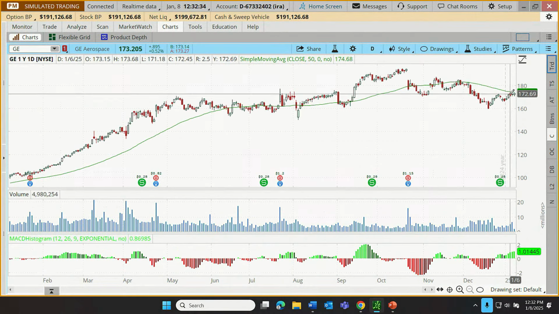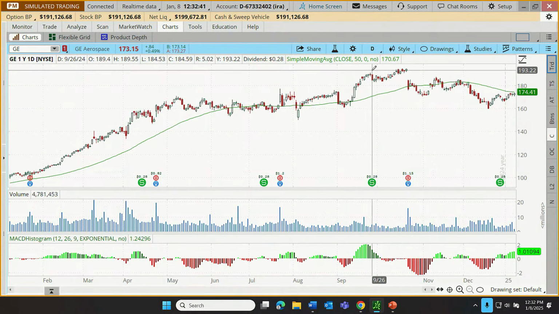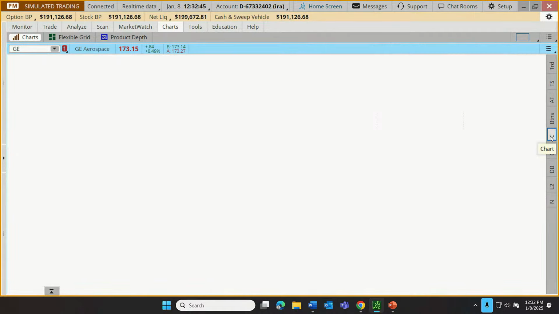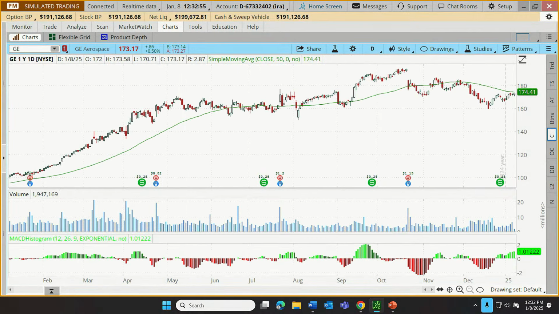Before I even show what these individual ones are, I want to point out the current one that's highlighted is a C for chart. If we ever accidentally click on that, the chart disappears. There's nothing here, even though we have the symbol up here. So if you're ever wondering what in the world happened, why do I have a blank screen, click on the C.